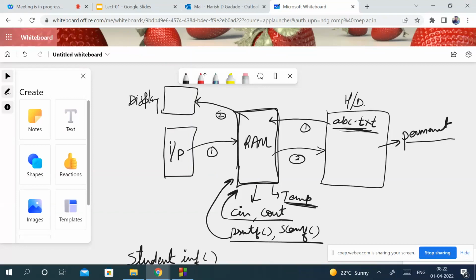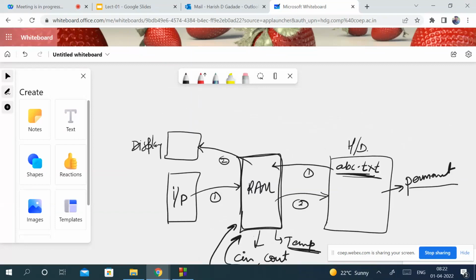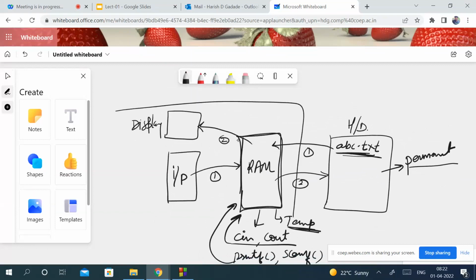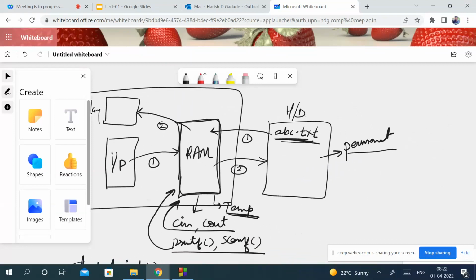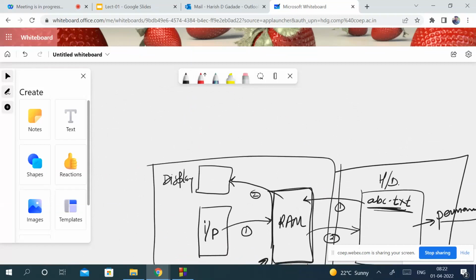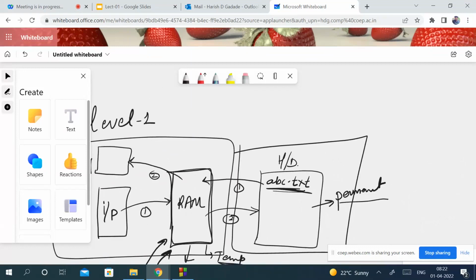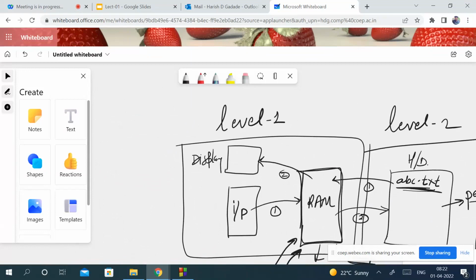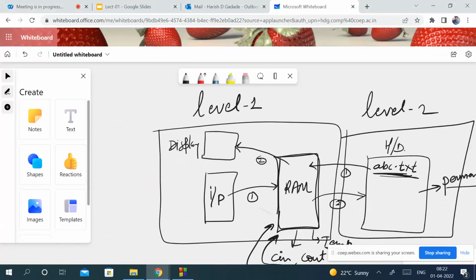Now see, as I said, we can see this part that we know. This is the data, the part which we have seen till now. Now we just need to add the second level into our programming, and this level is this one. So we can say this is level 1 and this is level 2. For level 1, which we know, we use cin and cout to take input and to display the output. Now here,